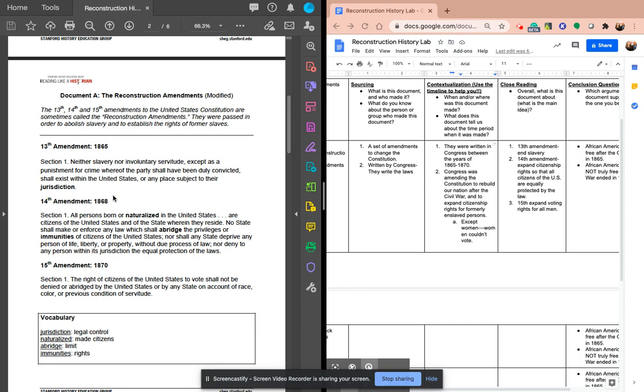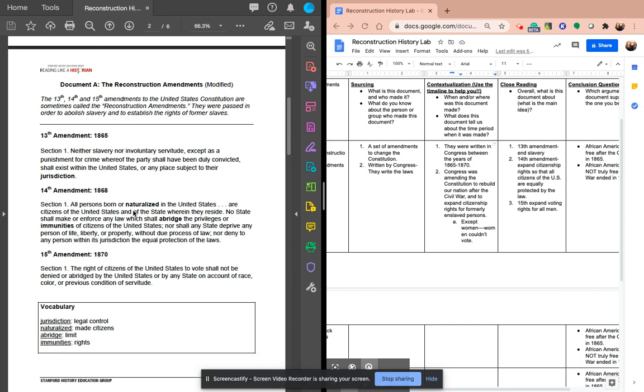Lastly, some of the documents will have vocabulary in